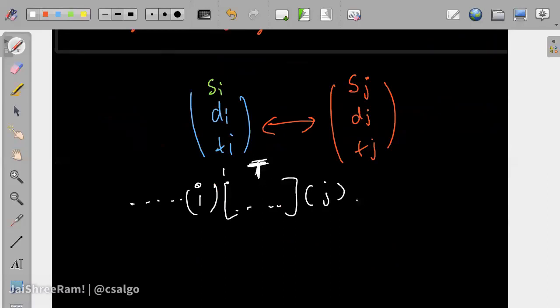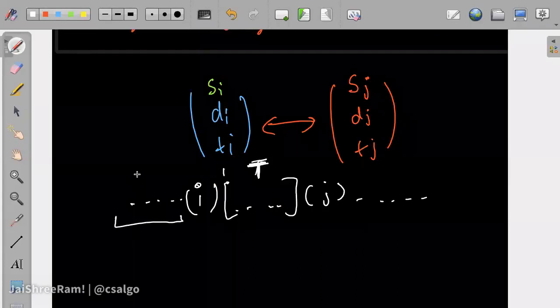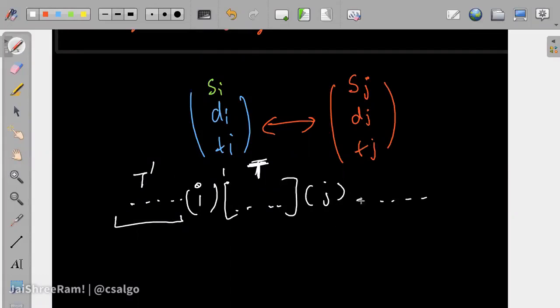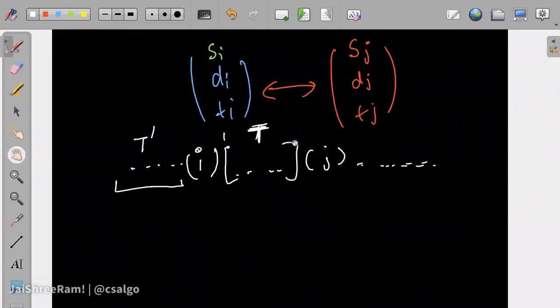So this is the ordering. Over here there is a t dash which happens first, then you take the ith element, then a work of t happens, the sum of the times of the jobs you take is t, then the jth work happens, and then the rest of the things happen. Let's call this.